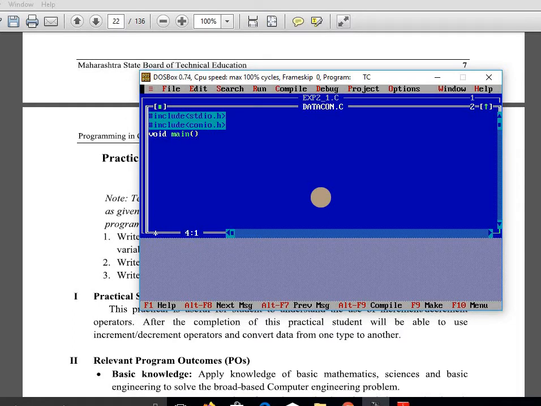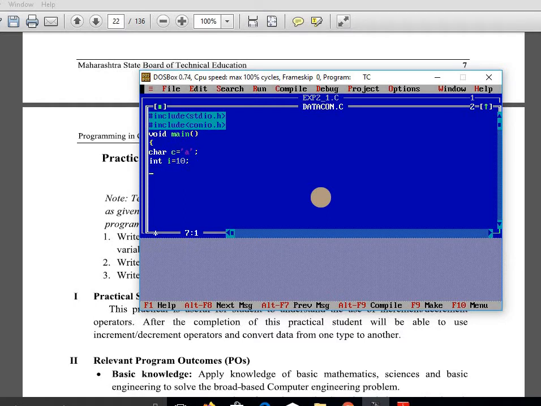Okay, first we will see the implicit conversion, converting a small data type into a large data type. So see here, now char c equals 'A'; and int i equals, suppose, 10.